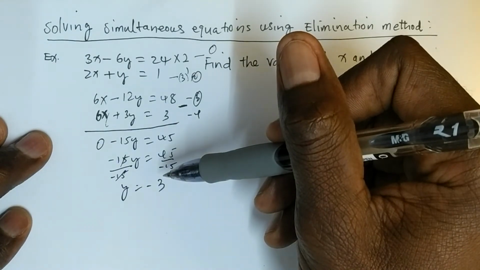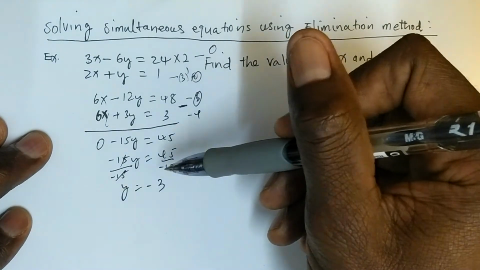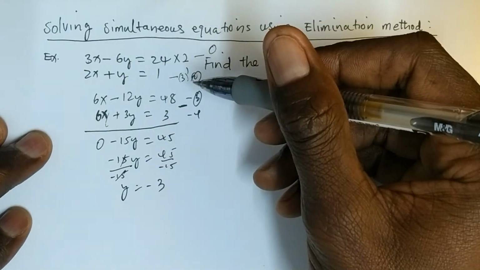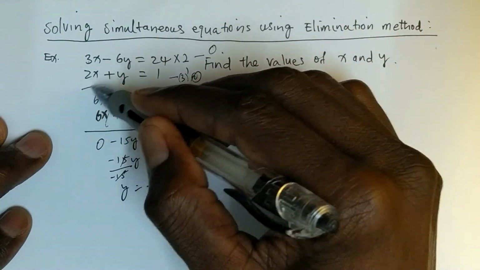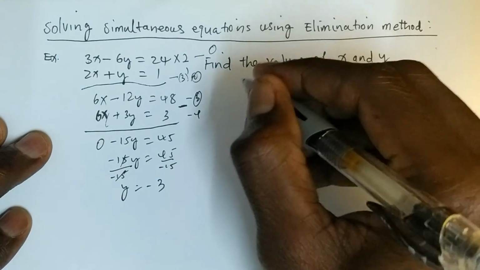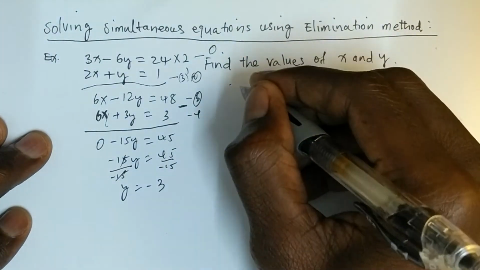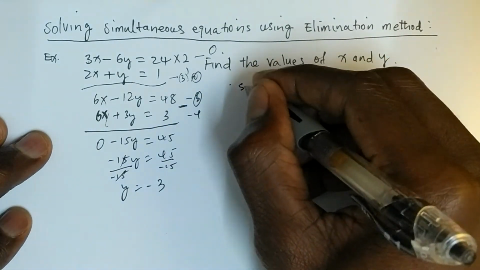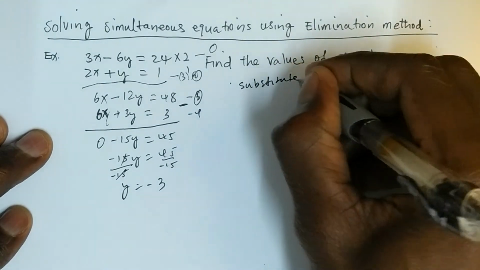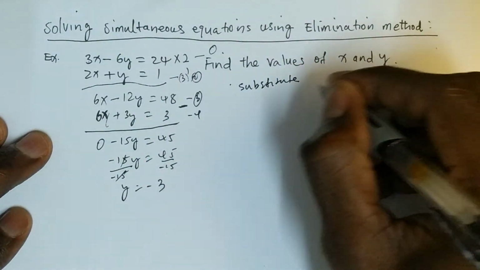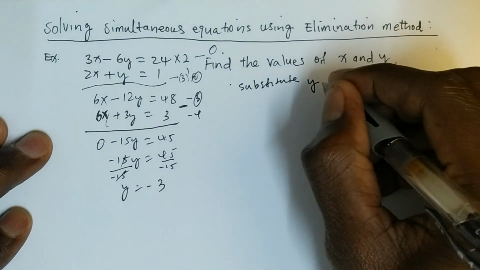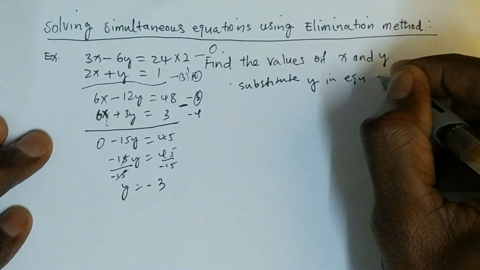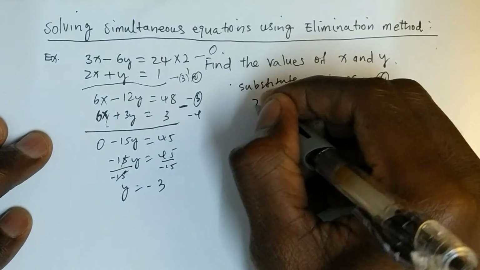Now we look for the value of x. In order to get the value of x, you can substitute into any of these 4 equations. It doesn't matter. You just have to take the one that you think is easier for you. I will take this equation because I think it will be easier. So to get the value of x, just substitute y in equation 2. What is equation 2? 2x plus y